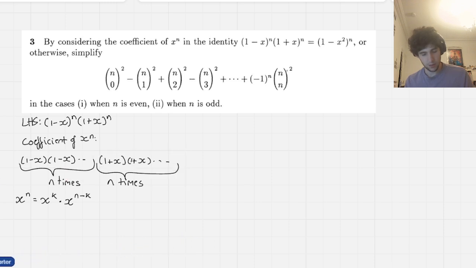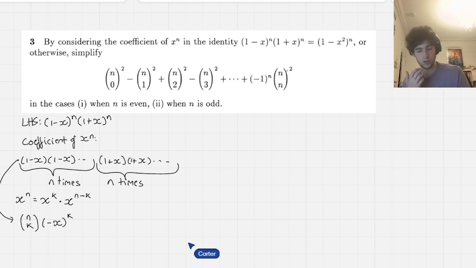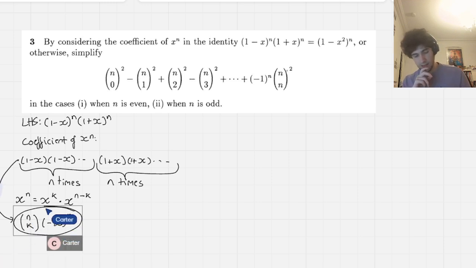Well, the coefficient of x to the k on the left-hand side, what's that going to be? If I think about this, I'm going to want n choose k multiplied by minus x to the power of k, to get me x to the k. That's really the only way I can get it with those terms on the left-hand side. Because I need to get x to the k, and if I just multiply x by itself or minus x by itself, disregarding the sign in front, the minus 1 or 1, because I can get minus times minus times minus, disregarding that, I know that the only way I can get x to the k is by multiplying x by itself k times, because the 1 isn't going to do anything, it's just multiplying by 1. So this is really the only way I can get x to the k